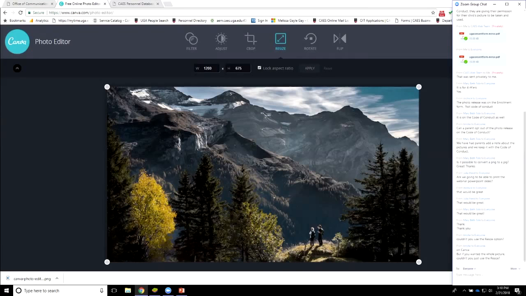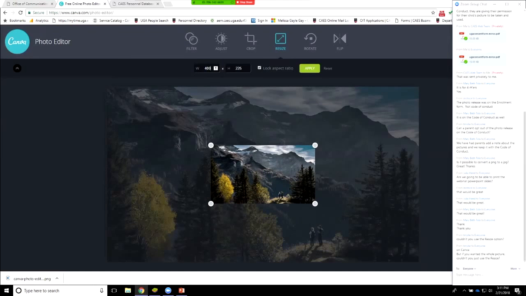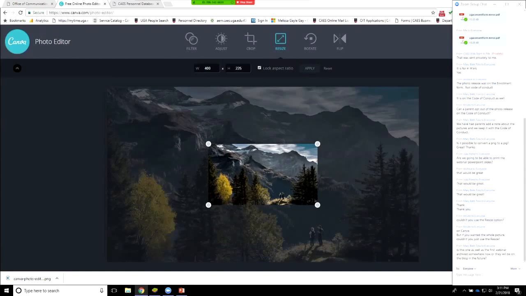So if you don't have any parameters to fill and you just want an image to be on your web page as it is, completely full, you can use resize to change the width to whatever. And by the way, this Canva editor here is automatically at 100%, so you can see exactly what's going to be online. And if we say